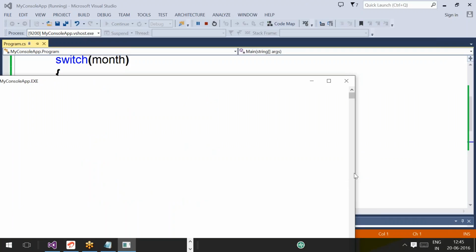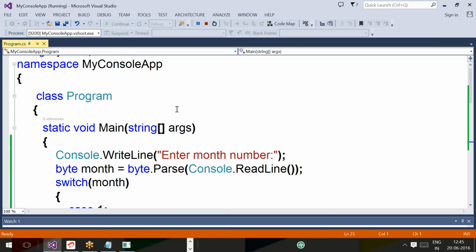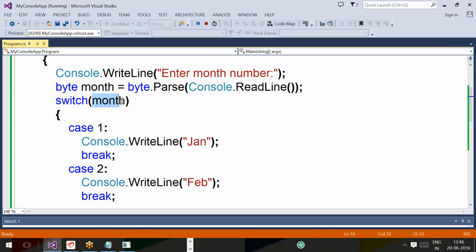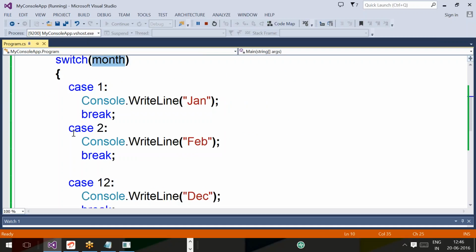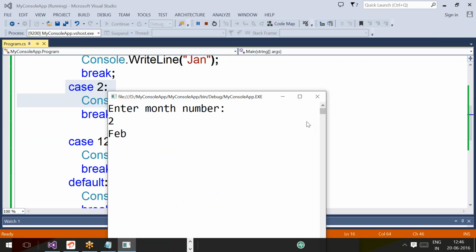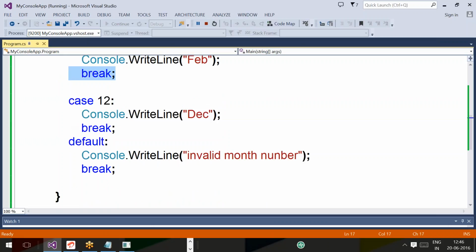With 2, what will happen first of all? That we have to understand. Console.WriteLine enter month number. ReadLine, the user entered 2. ReadLine will return 2 as a string, and the Parse method will convert it into byte. Month value is 2. Switch of 2 means which case will execute? Case 2. Console.WriteLine prints Feb, and after printing, control will execute break. Break will move out of the